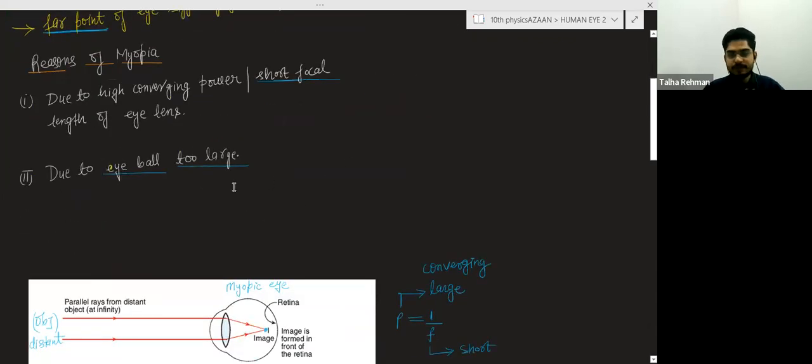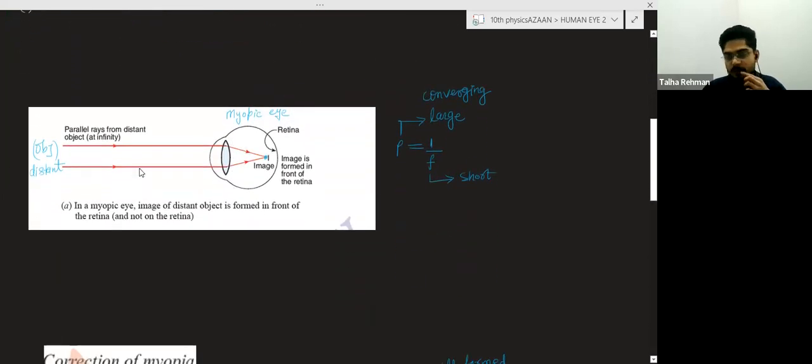Reasons of myopia we have discussed. So basically what happens in myopia, if this is the distant object and this is the myopic eye, and this eye wants to see this object. From the distant object, I have told you, rays will be parallel. These parallel rays will enter into the eye and will be converged by the eye lens at this point. Basically these rays are converging at this point, so you can say the image is formed at this point,